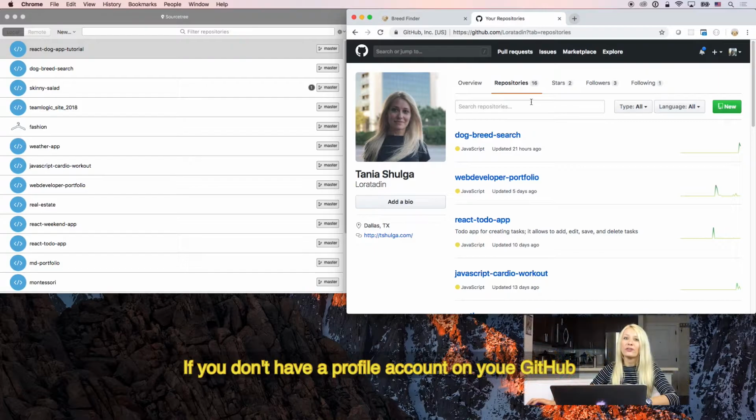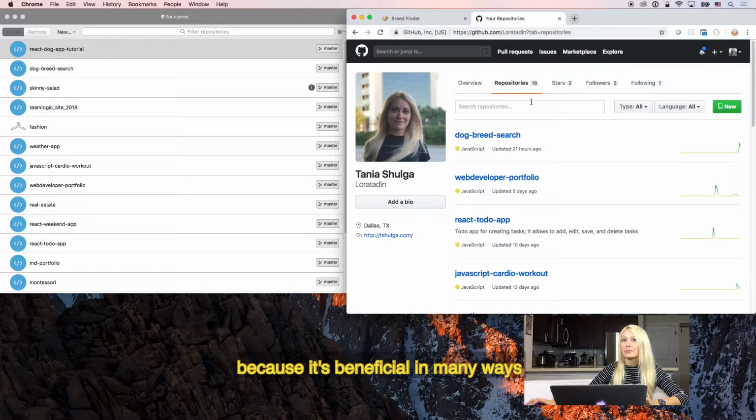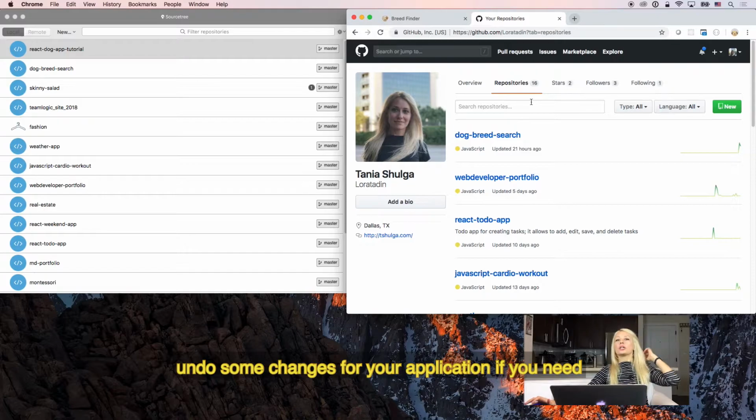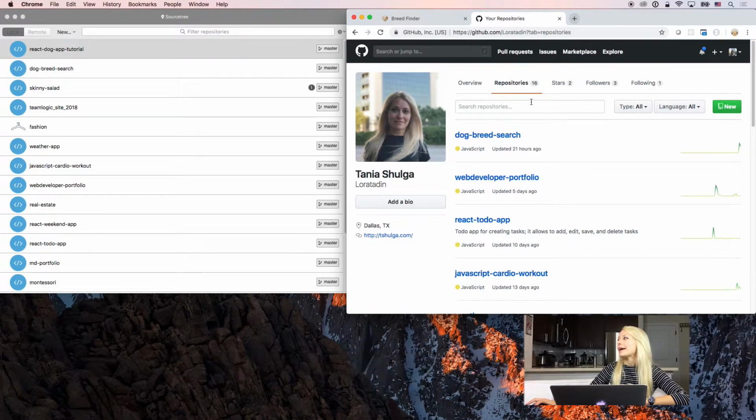If you don't have a profile account on GitHub, I encourage you to create it because it's beneficial in many ways. You will see your own progress, your own changes for any application, and then you can go back in changes and undo some changes for your application if you need.